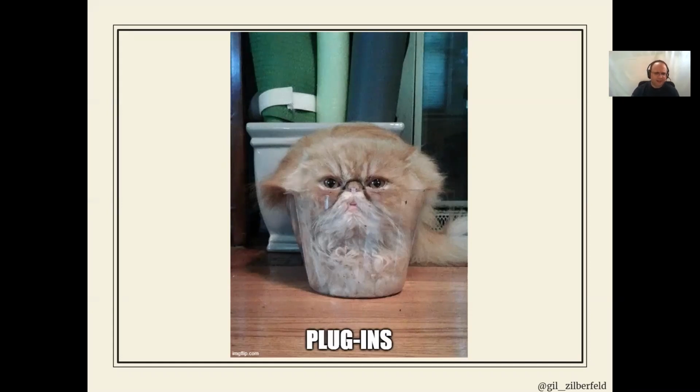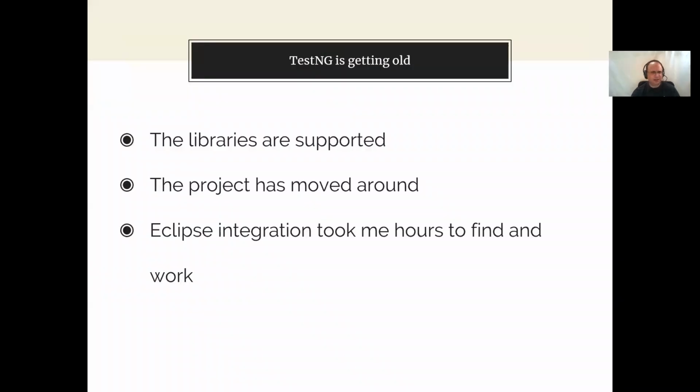So, and why is that? The reason is that basically, while JUnit is kind of new, sort of, TestNG is getting old. You still get support. The last version that got patched out was, I think, at the beginning of the year. But if you look at the release notes, not much is added over time. The project has moved around a bit, but